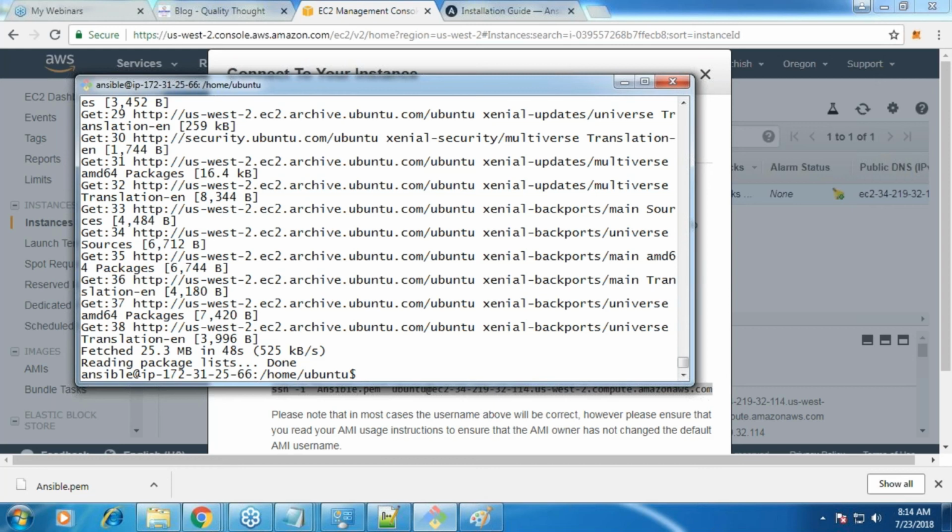So there is no need for you to do keygen again and again. And then for every node, what is it that you have to do? You have to do copy ID. So now what I have to do is go to my Ansible control server and run SSH copy ID ansible@node's IP address. Done. So then it will copy my ID. From there, my control server will be able to log in to the node and do whatever it needs to. That's the whole idea. Are we good?